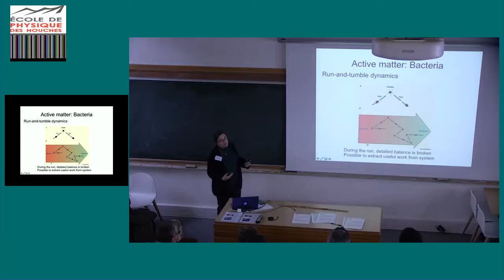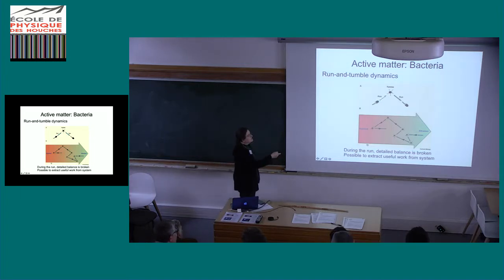The thing that got us started in it was the idea of bacteria, which can undergo a run and tumble dynamics. This is E. coli. Essentially, the E. coli puts all its flagella on one side of its body and runs for a certain amount of time in some direction. And then after different conditions are met, it flails its flagella out. This is the tumble state, and then it rebundles them and picks a new random direction and runs.